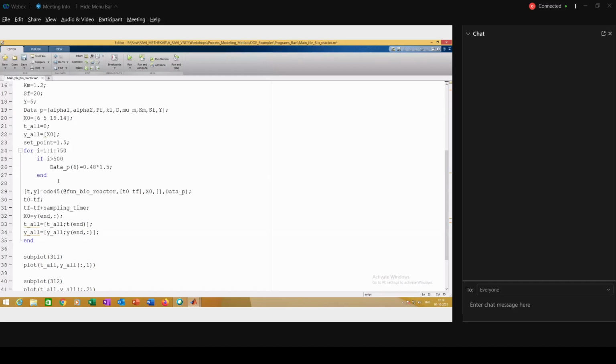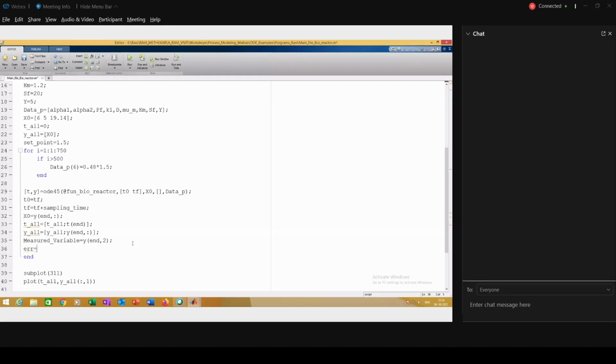Now from this data, I need to get the second differential equation's end value. That is my measured variable. Measured variable is equal to y of end of second. Is this clear what I did here? Then I can find out the error.